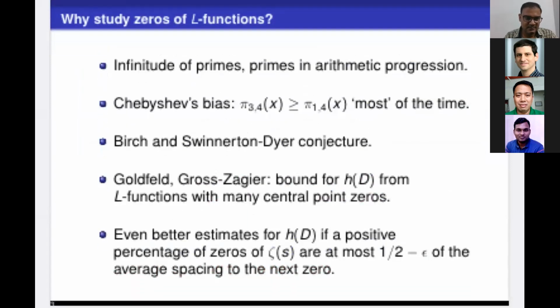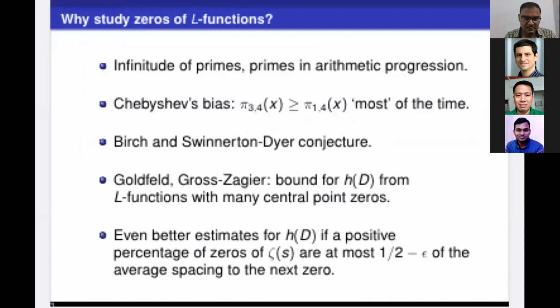So what I want to do today is talk a little bit about the theory of low-lying zeros, some of the questions we look at, and some of the tools and techniques we use. So the first question is, why do we care about zeros of L functions? There's a variety of problems one can look at, from the infinitude of primes to the biases in certain congruence classes, to the Birch and Swinnerton-Dyer conjecture for zeros of elliptic curve L functions, to the class number. And it turns out that these problems